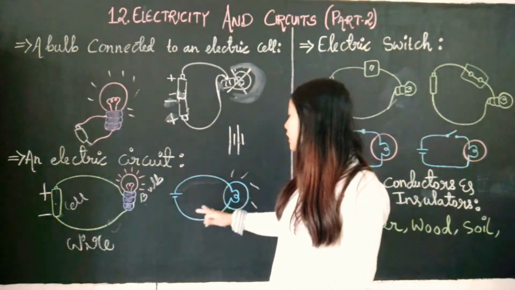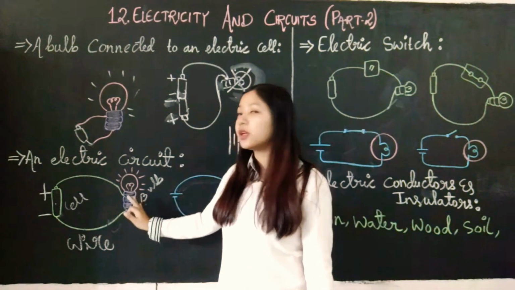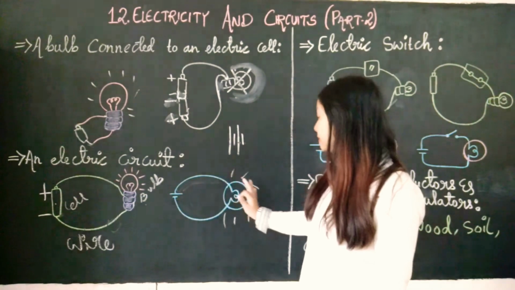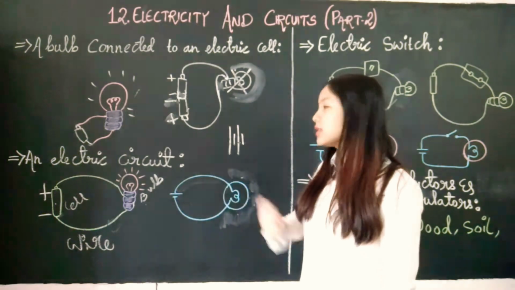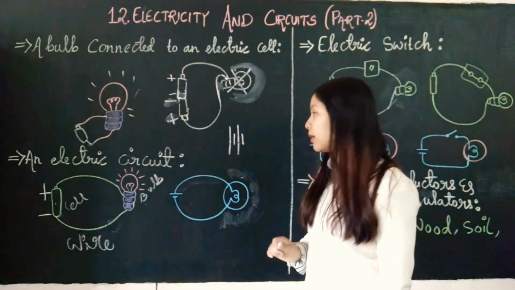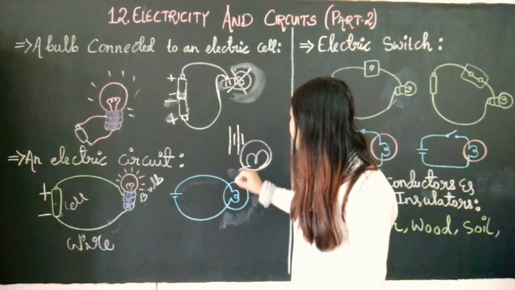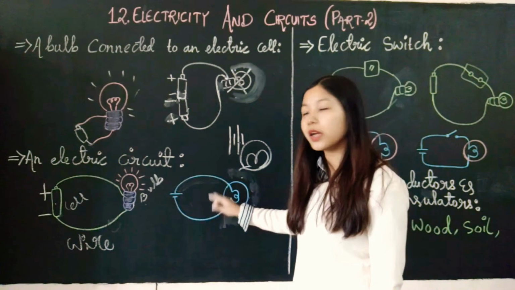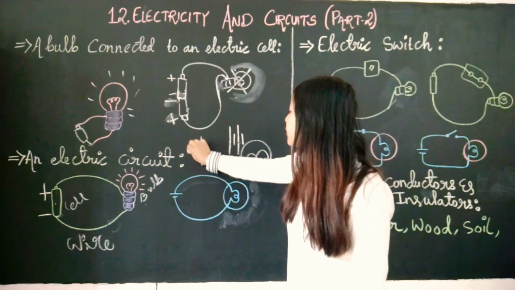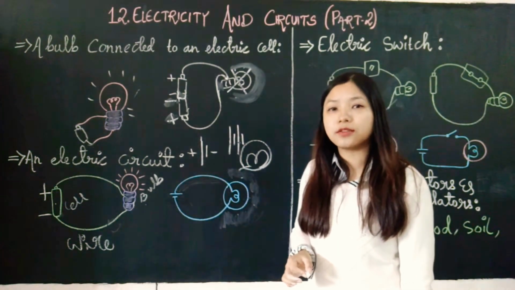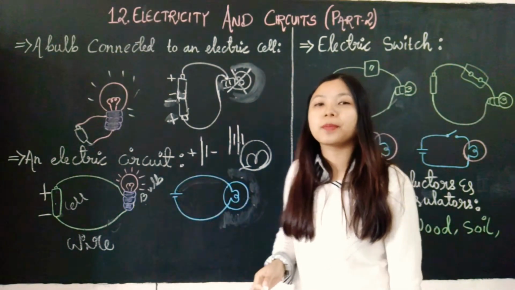So even if you put it in a correct way, there may be various reasons for which the bulb is not glowing. But if the bulb is not glowing, you can simply keep it like this. This is a simple electric circuit diagram. For a bulb, we draw like this. For wire, we just draw lines, and for an electric cell, we draw two lines. The longer one is the positive, the shorter one is the negative. I hope you have understood this clearly. This is a very important topic for all of you.